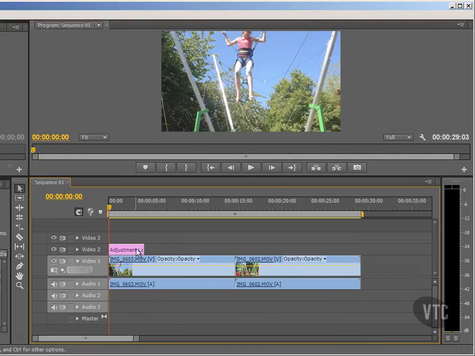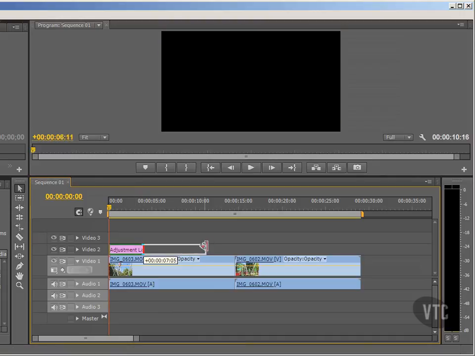OK, now it's been brought in at the default duration, whatever you've got yours set to within Premiere Pro, usually around about 5 seconds. And this default duration is dictated by the length, the same length as whatever you've got your still images set as. Anyway, let's extend this, so I'll drag it over to the right. If I only drag it as far as here, this will of course only cover our first clip. Well, I want it to apply to both clips, so I'll drag it right to the end,